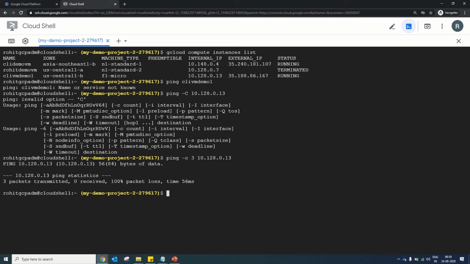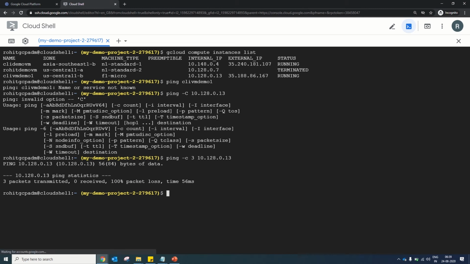That means this IP is not pingable as well, because we also mentioned in our previous slides or chapters that these IPs are internal ones for Google usage. Even if your machine is offline, these IPs will be associated with the machine. So please don't try to use these IPs. These are internal to Google, and Google will use them for their purpose.